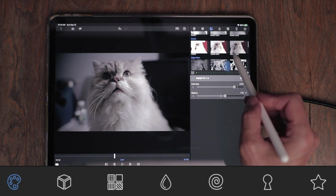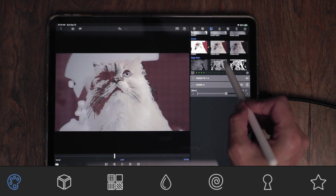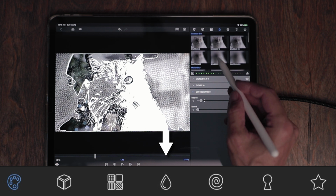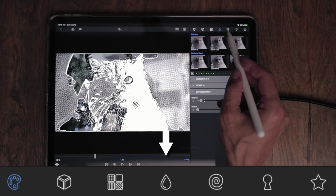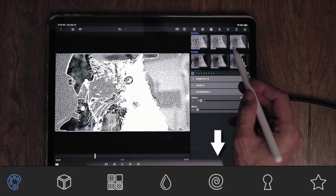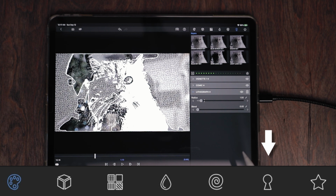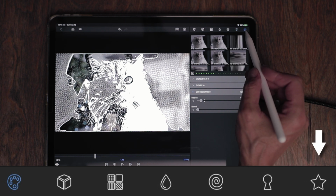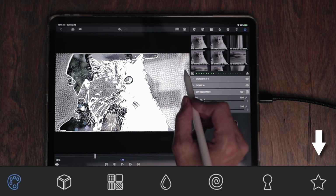Or moving down, if you wanted to make it look like a comic book. How cute is that, right? A lithograph. Water drop, you can add a Gaussian blur, motion, sharpen, unsharpen. Over here, crystallize, kaleidoscope. Next one over, the little key is for chroma key or green screening. And then the next one over is a star, and that is where you can build presets directly in LumaFusion